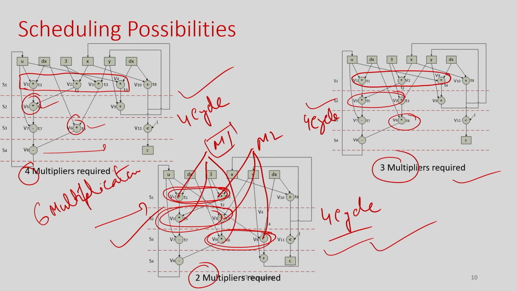So, I have to always look for using the minimum number of resources. As I mentioned in this example, although there are 6 multiplication operations, 2 multipliers are sufficient, and I can share one multiplication function unit for these 3 multiplication operations, and use another multiplier function unit to share the other 3 multiplication operations. That is what is being done in the allocation and binding phase. So, from this schedule I identify that 2 multipliers are sufficient. That is my allocation.